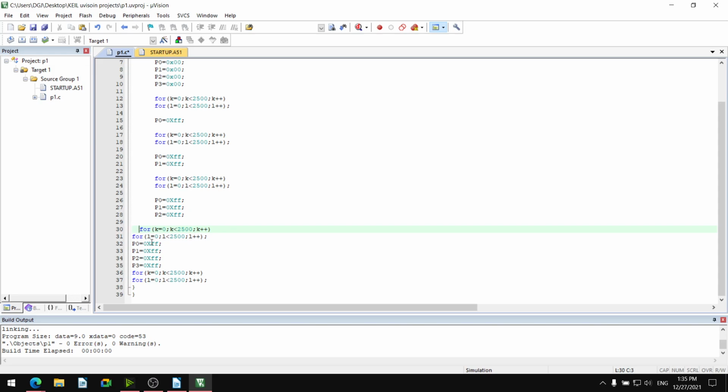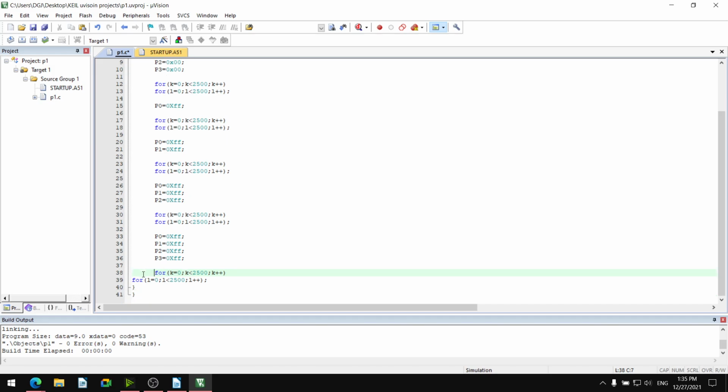Again there is a delay, with the nested for loop, and now all 4 ports are outputted as FF, and again the same delay is there.